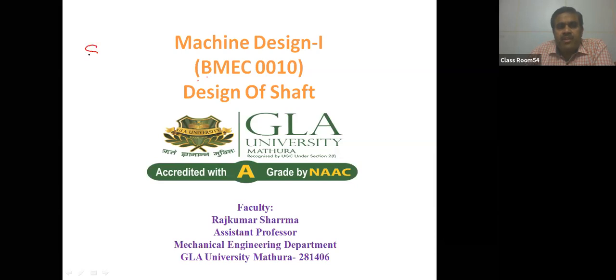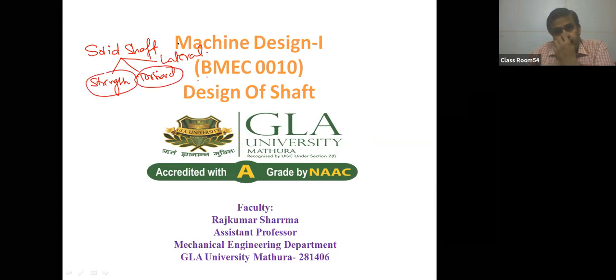We have discussed the design of the solid shaft till now. For solid shaft design, we have three criteria. One is strength, and the second is rigidity, which is torsional rigidity and lateral rigidity. We have covered the strength criteria and torsional criteria in detail. The lateral criteria we have left out because it is not in our syllabus at present. You will study it in the higher classes. So on the solid shaft, two criteria have been covered.